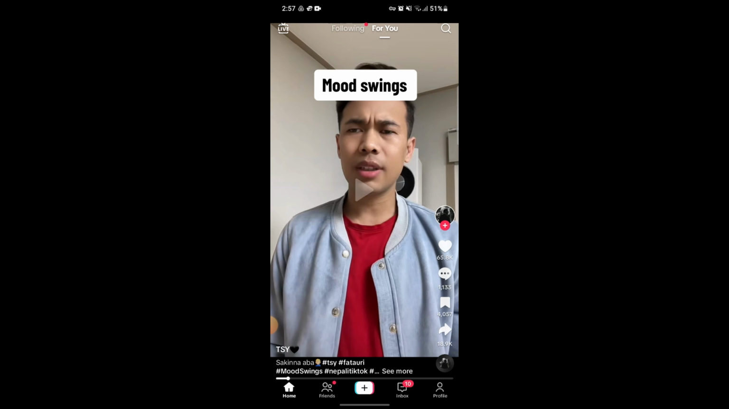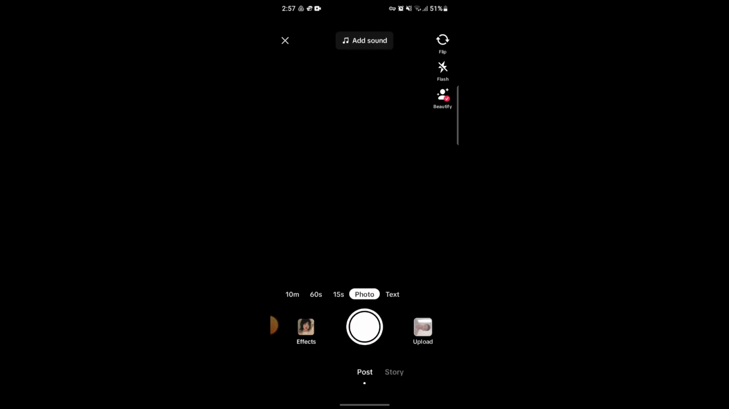After going to the plus icon, you'll be able to see or post any kind of video that you want, with a length of 15 seconds to 60 seconds, or even as long as 10 minutes. Here's the option for upload on the right side of the screen. If you click on upload, from here on out, you'll be able to select the video that you want to